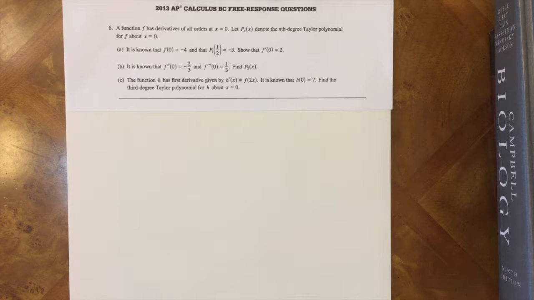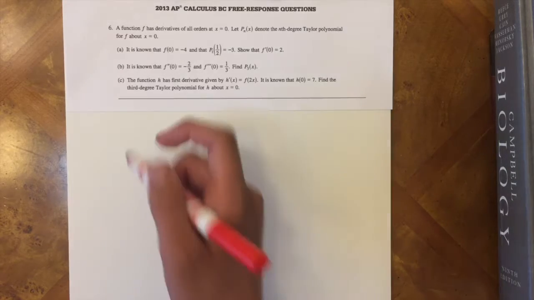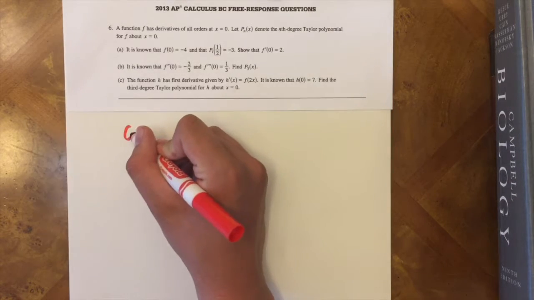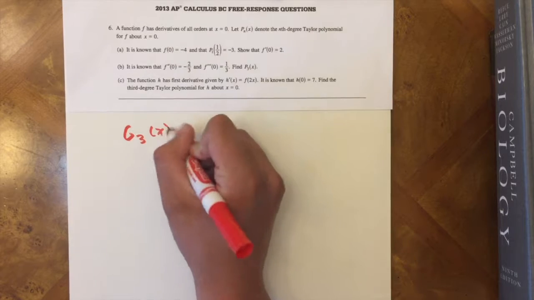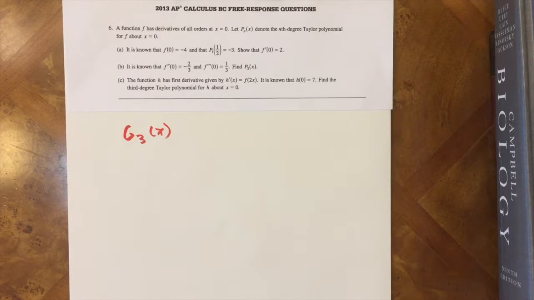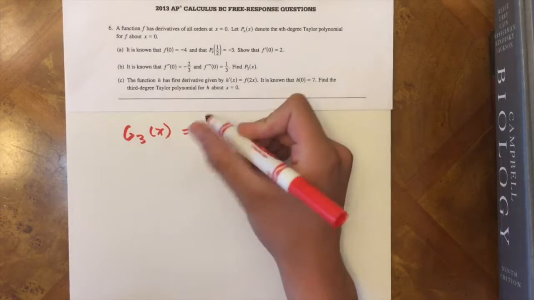So just looking at it, we know this is going to be a creative problem. What I like to do is define the new third degree Taylor polynomial for h as a different function than the Pn of x, which denotes the Taylor polynomial for the third degree of f. So I'm going to say that this third degree Taylor polynomial is going to be equal to g3 of x. That 3 is denoting that third degree Taylor polynomial again. So by definition, this g3 of x is going to be equal to